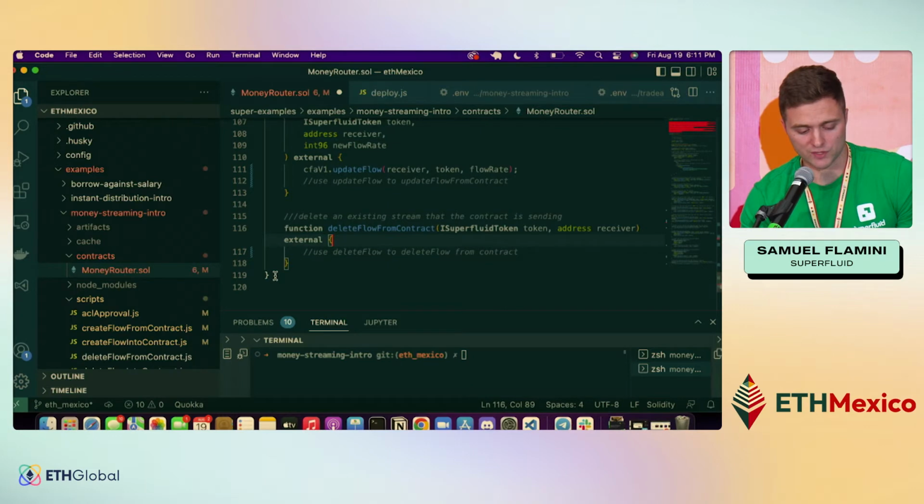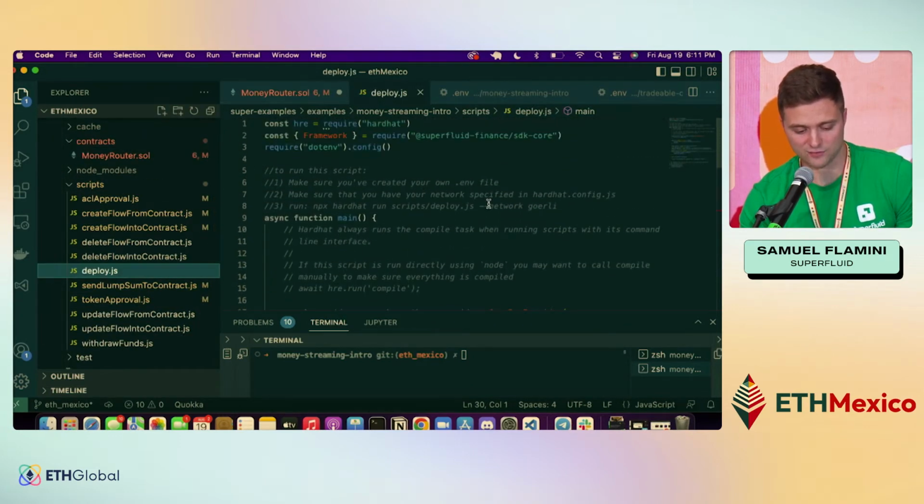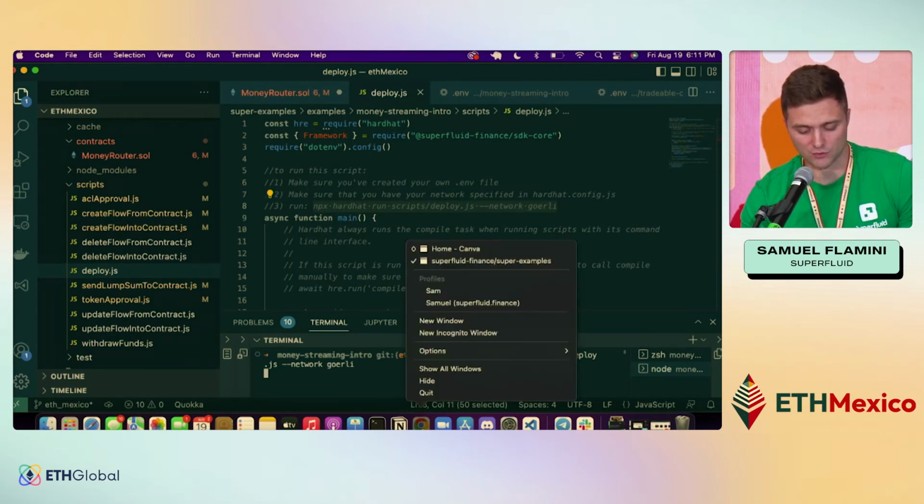But what I'll do is I'll just deploy this contract using our little deploy script here. We'll do this live, which is always fun because it means I might have to debug live, but hopefully not. So this is deploying, and while this deploys, I want to show you a couple of other useful tools, right?